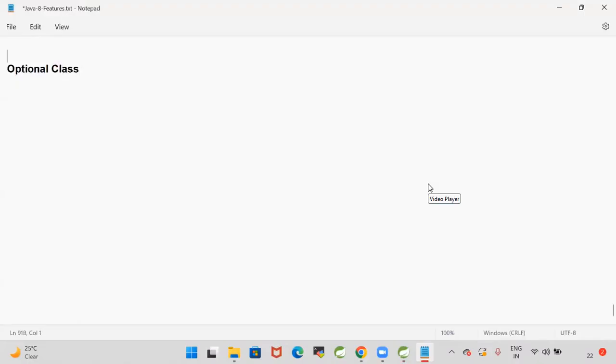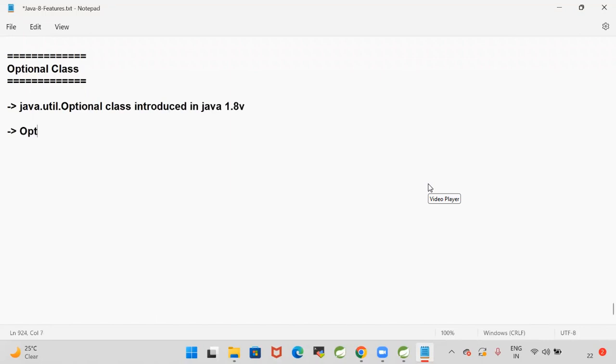Optional is a predefined class available in the java.util package, introduced in Java 1.8. The Optional class is used to avoid null pointer exceptions